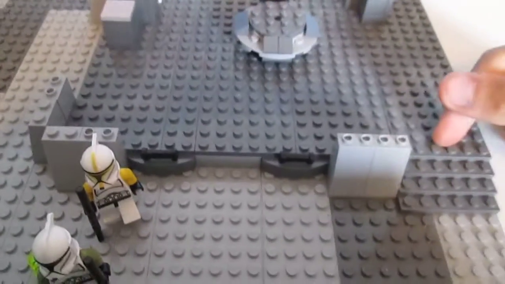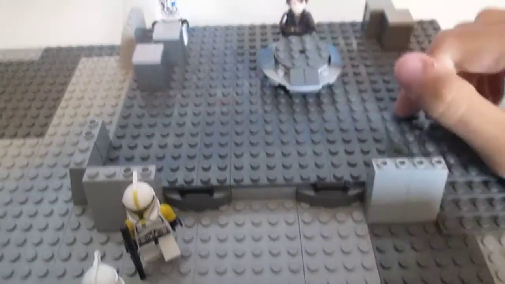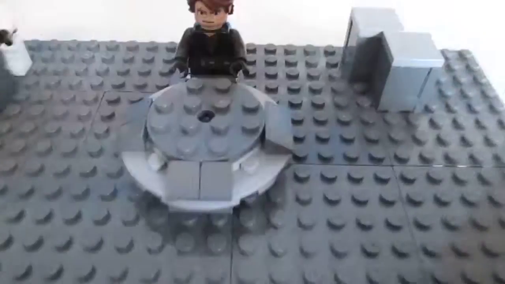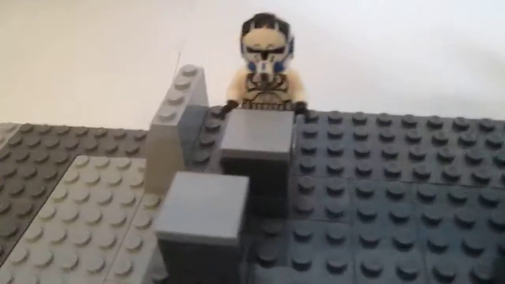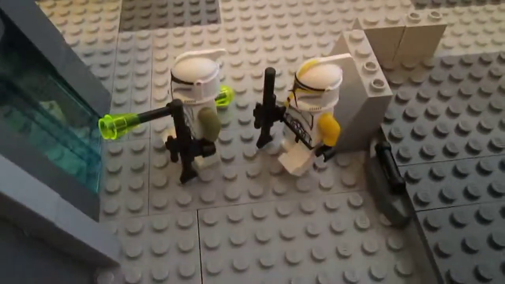So you got stairs over here, a little bit of detail with these pieces here, and on top we've got our hologram table and a bunch of crates and stuff. We got a 501st pilot moving some crates around, and that's kind of it for that. Now to the awesome part. We got 2 more prison guards. Commander of the prison